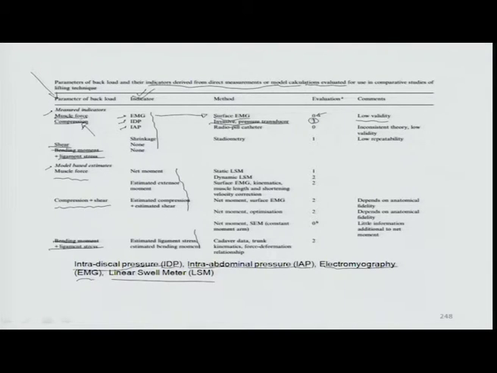IDP measurement, which is actually invasive, where you place a pressure transducer inside the region of the disc which you want to measure. So, the intradiscal pressure is directly a consequence of whatever is being felt by the pressure transducer at that level. So, this is a relatively high level of validity. So, every time this reports the right data of the IDP or